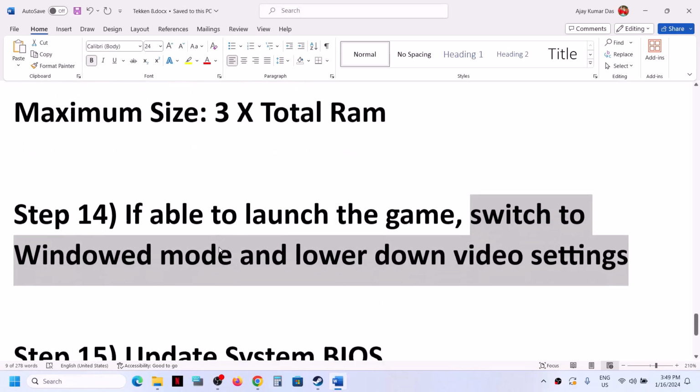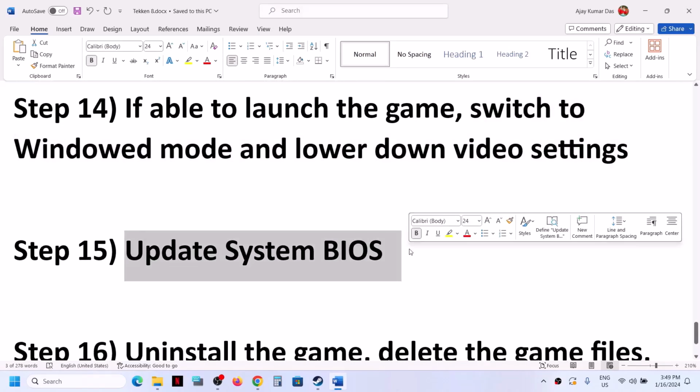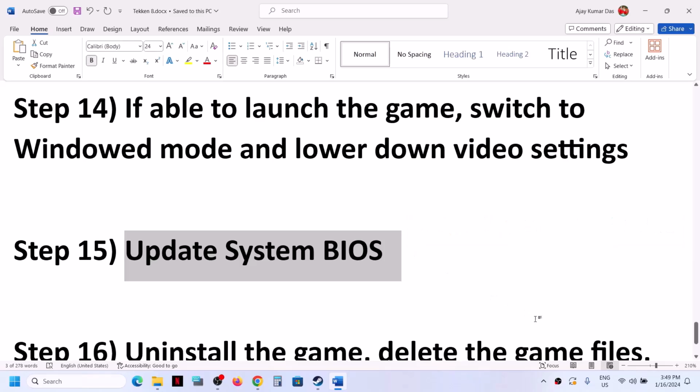Now the next step is to update the system BIOS. Go to your system manufacturer's website. If you have a Dell computer, go to the Dell website. If you have a Lenovo computer, go to the Lenovo website. If you have an HP computer, go to the HP website. Go to your system manufacturer's website and select your model number. Make sure that you select your computer, find the latest BIOS update available, and then install the latest